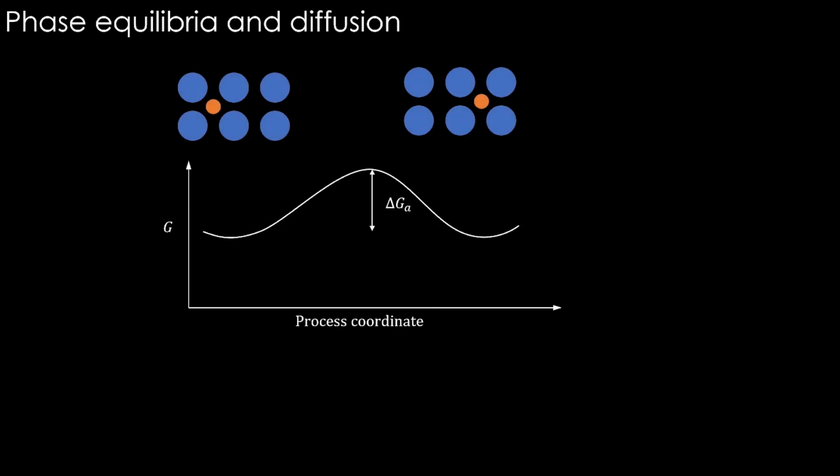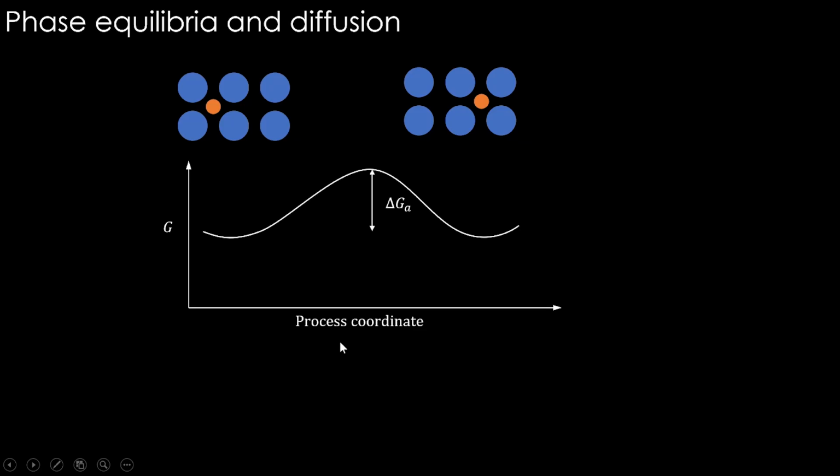Right. Now comes this important idea of phase equilibrium and diffusion. Let's start with this. We have seen this. There we have these 6 atoms, and a particular atom jumps from its location here to the next location. So this is the final state, this is the initial state. Between the initial and final state, the Gibbs energy is the same, and in between it will go through an activated state where it will go to a higher energy configuration. The difference between the ground state and this excited state is the activation energy.